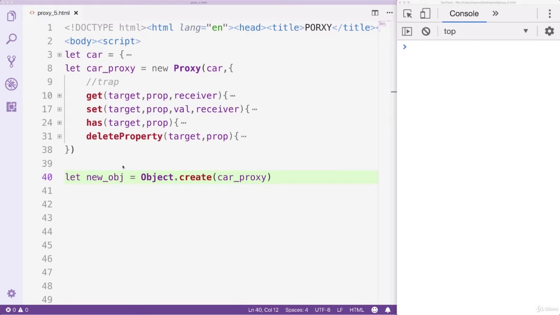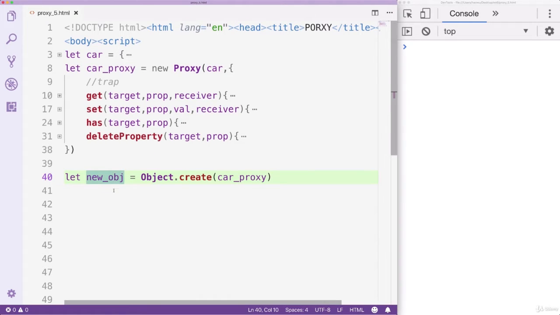In the last 2 lessons, we created a proxy object with 4 trap methods. They are get, set, has, and delete. We also created a child object using the proxy object as its prototype. In this lesson, we will take a close look at things you should pay attention to when using a proxy